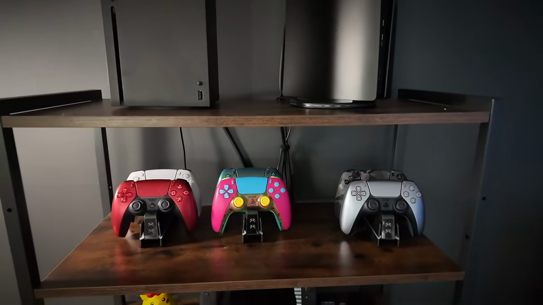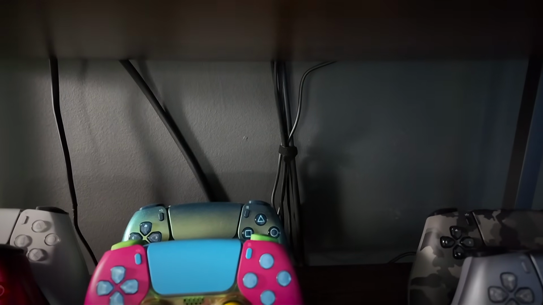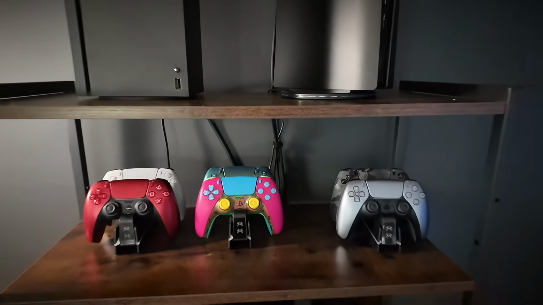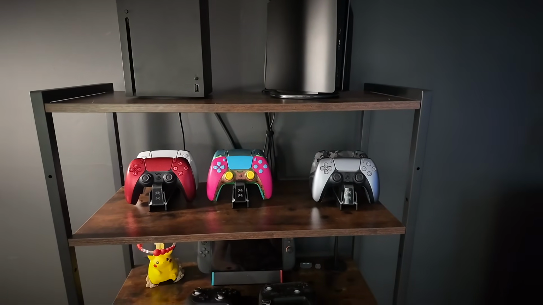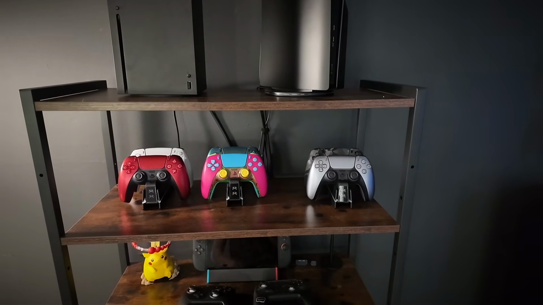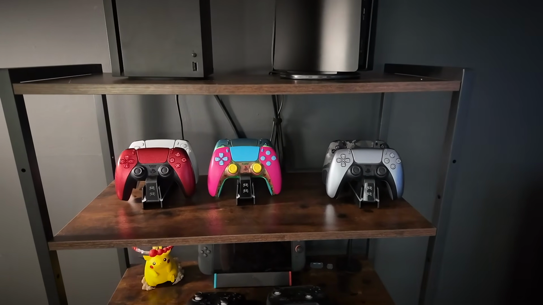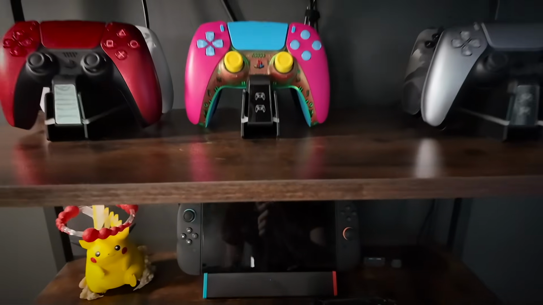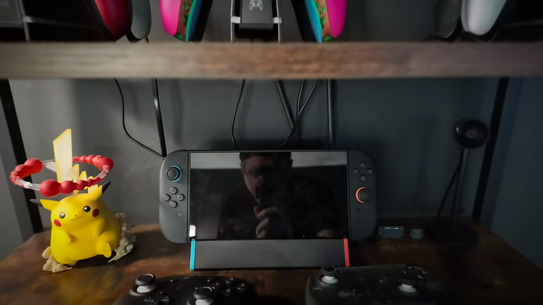Wait, stop right there. I started my cable management finally. I know I said I was going to do that a couple weeks ago. I just kept forgetting. I've got a ton of cable management ties in my studio, so I'm going to take those out this weekend and manage the cables properly. Because as you can see, it's kind of an eyesore.